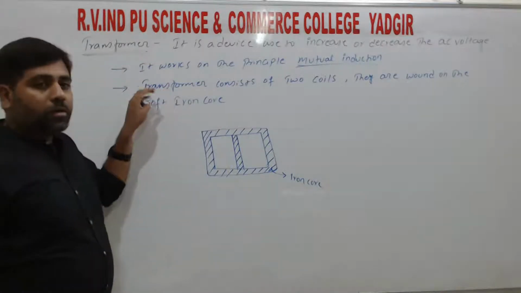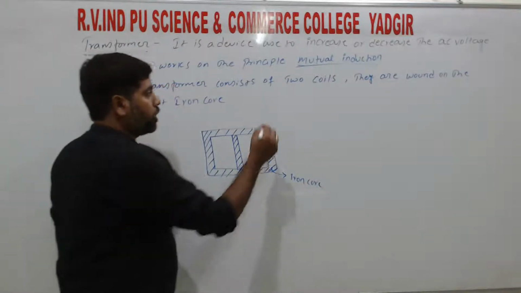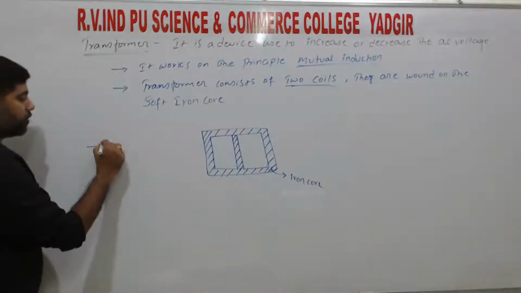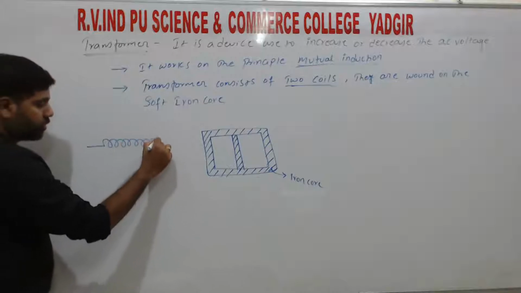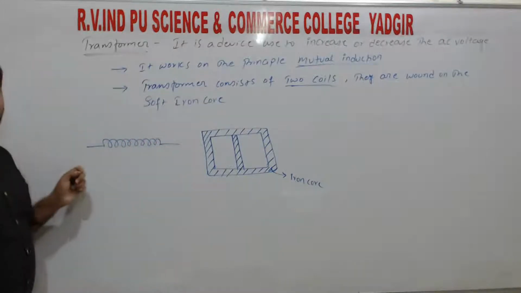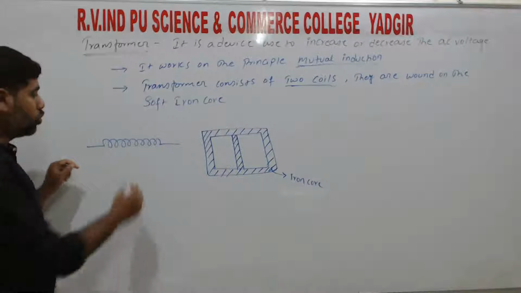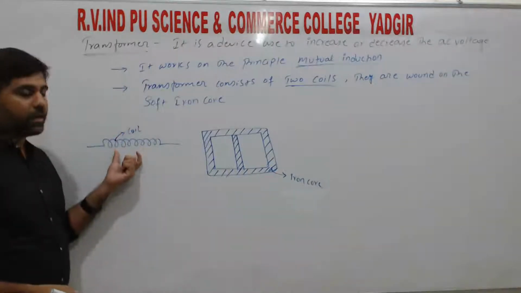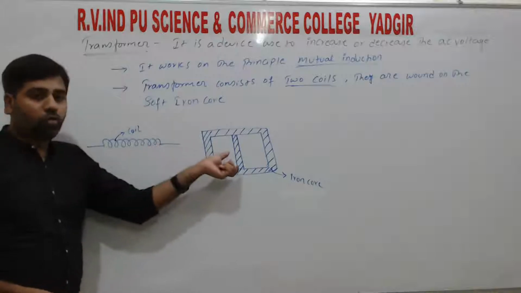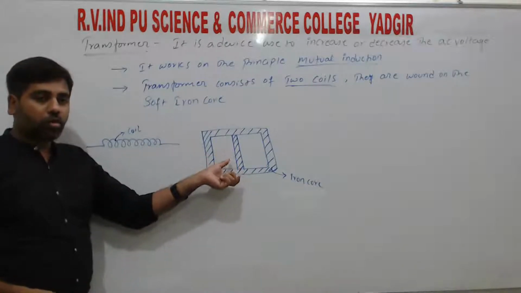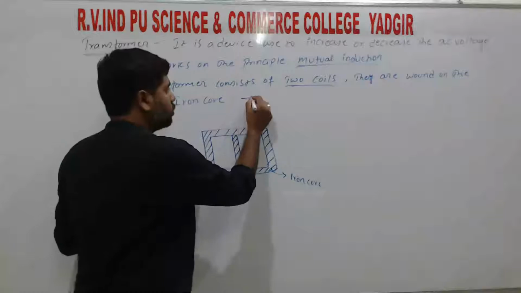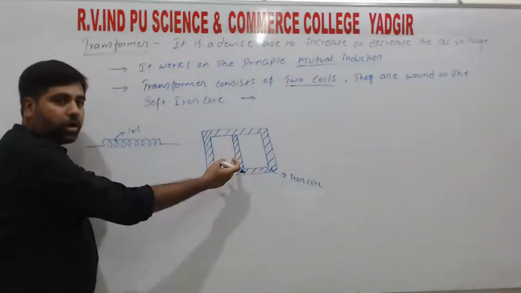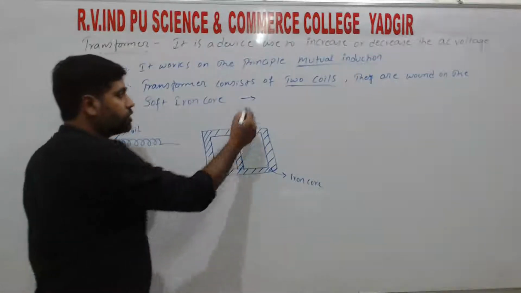So the transformer consists of two coils. A coil is nothing but an inductor. So we represent that like this. So this represents the symbol of the coil. So it consists of two coils, or we call that an inductor. So these coils are wound onto the iron core in such a way that, here we have two different types. We can wind the coil onto this iron core. So the first one is